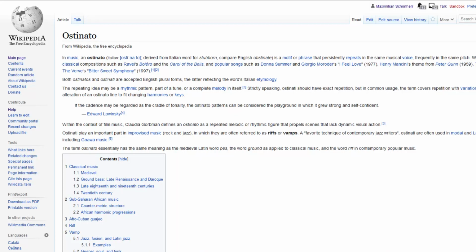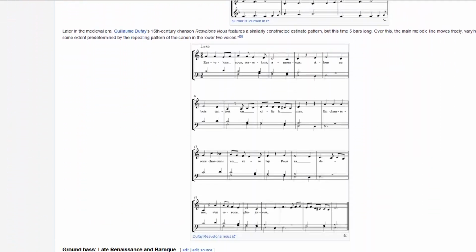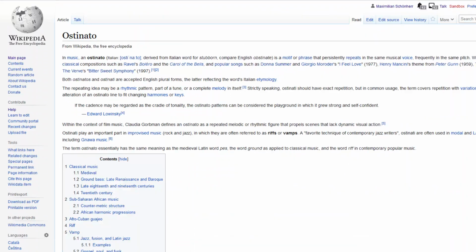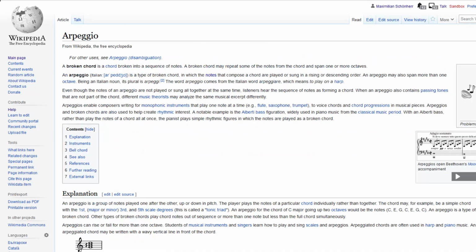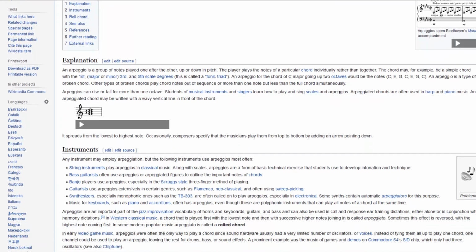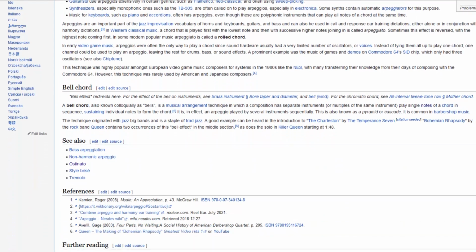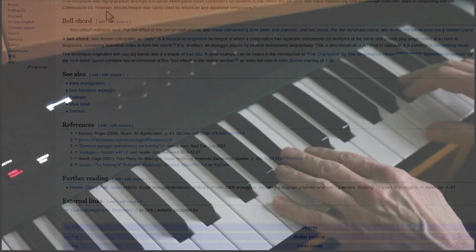Hello folks, in music theory there are two important terms which describe repeating patterns. One is the ostinato, typically you hear it in bass, for example in Baroque music. The other one is the arpeggio. In basically all digital audio workstations such as Cubase or Logic, you have an arpeggiator, a tool which, well, creates